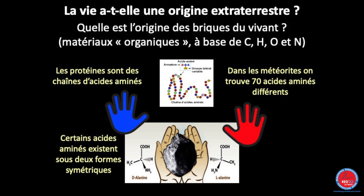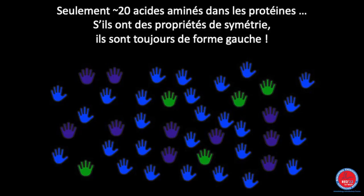As you know, some of the organic molecules, amino acids and also sugars, exist in different forms, which we call enantiomers, which are symmetrical, like the two hands. I'm not going into any detail because I suppose that you know this. But what is important to know is that in life, only 20 amino acids are used in the living organisms that we know on Earth. And if they have symmetrical properties, which is not the case of every amino acid, it's only the left enantiomer